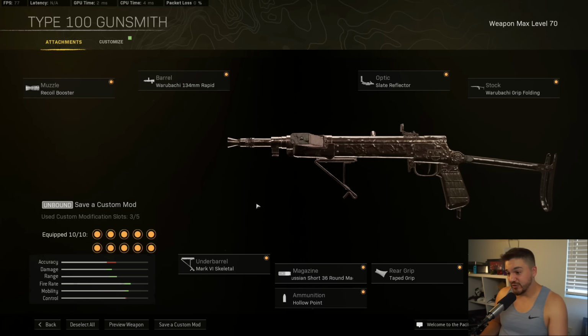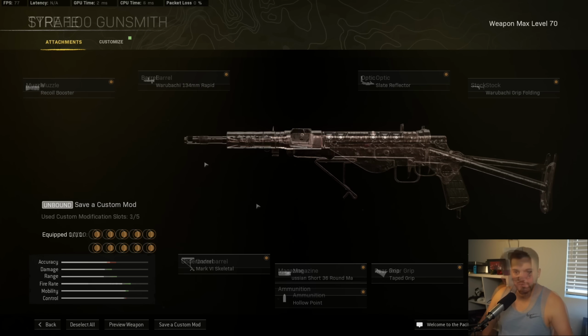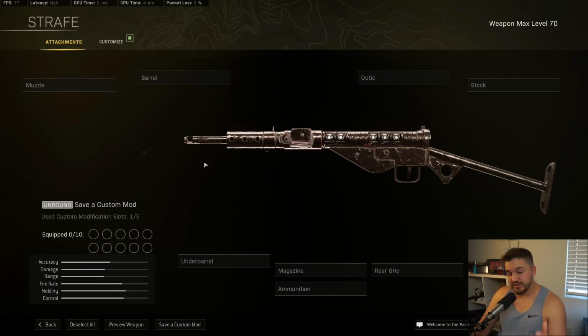And the ones that I showed tend to be the best for each individual category. So just combine those attachments however you want. On to the Sten. So the Sten, like I said, I really think is the best all-around SMG right now,